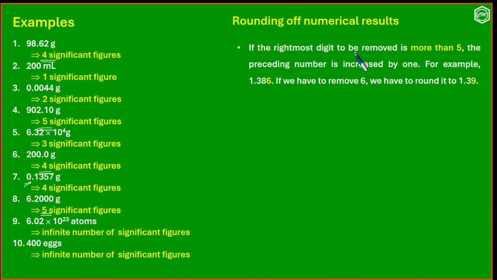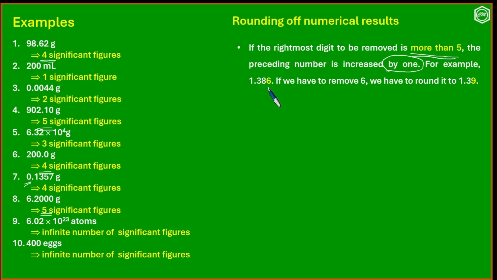If the rightmost digit to be removed is more than 5, the preceding number, that is the number towards the left, is increased by 1. For example,